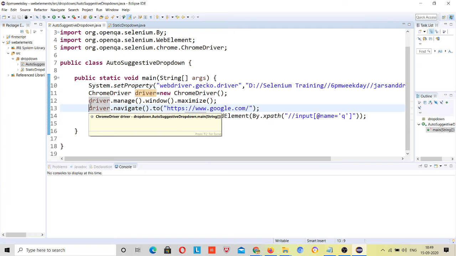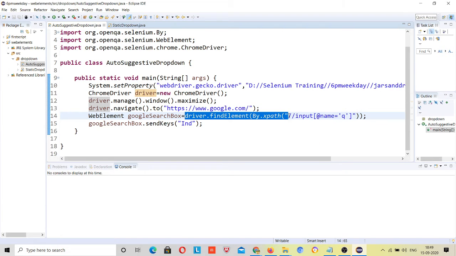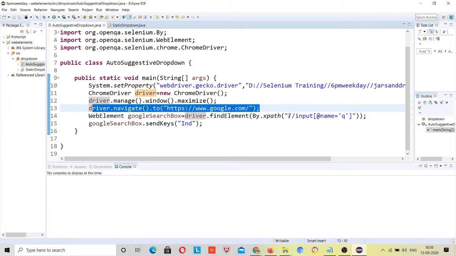Just because this line has executed, it tries to find the element, right? But your page is not fully loaded, so this may be an error. So what we can do, after this line we should wait for some time for the page to fully load.